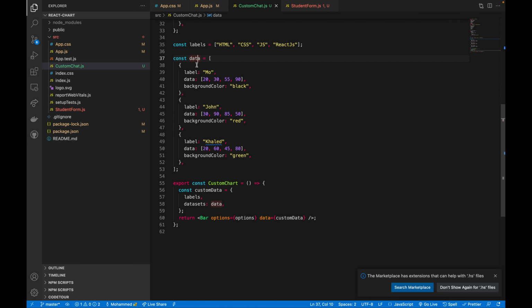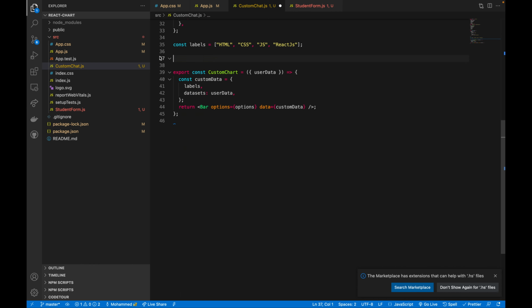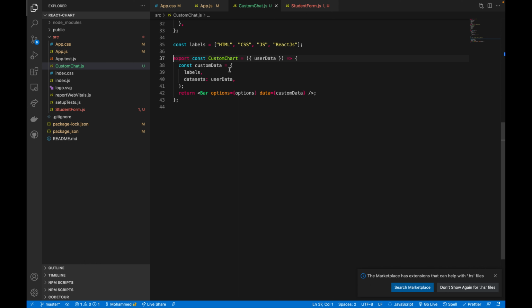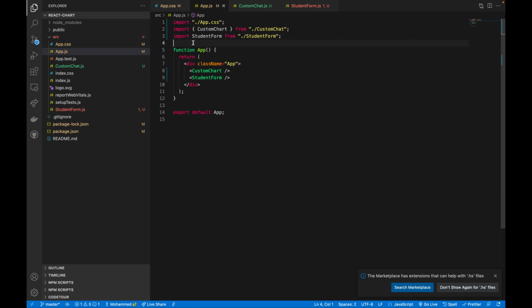This data here, I'm going to call it user data, but for now, because it's inside a chart component, we cannot access it. Let me pass it down here to this component as user data, and this user data will be passed instead of this data here. And I'm going to take this data to the app component so I can pass it down to this component. If I come to the app component here,